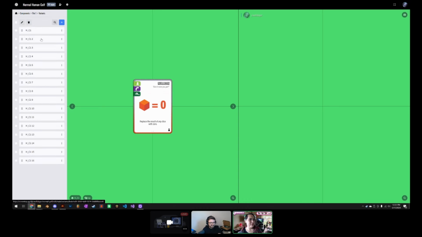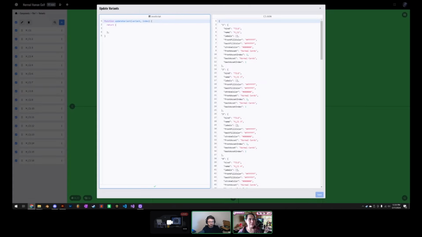But you don't have to go through each one and do this. There is a trick to this. If you click on those check boxes, especially the one at the very top, it'll select all of them. Oh, okay. And then if you click on that pencil, it'll open up scripting. And I don't know